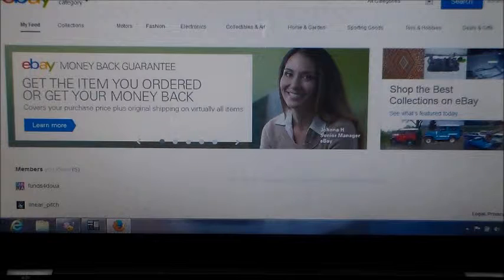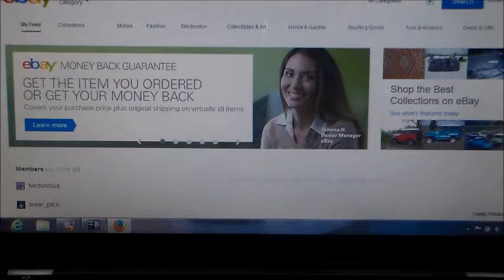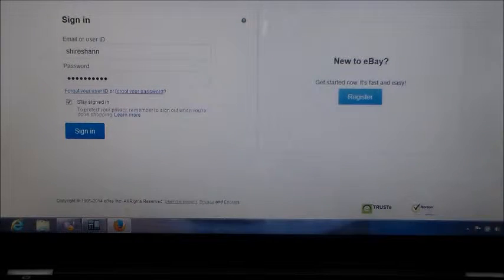Now, once you become registered on eBay, you can sell. And first, go to the eBay webpage, click Sell. It'll ask you for your user ID and password, so go ahead and click Sign In. I'm going to sell a Harley-Davidson t-shirt because these are the most popular and I've sold quite a few, so I'm going to click on